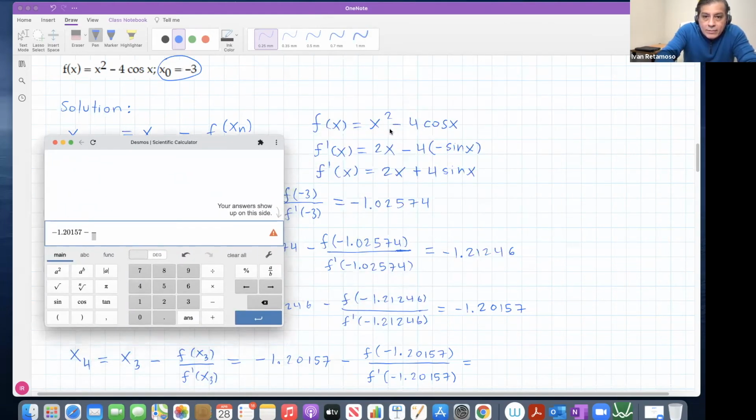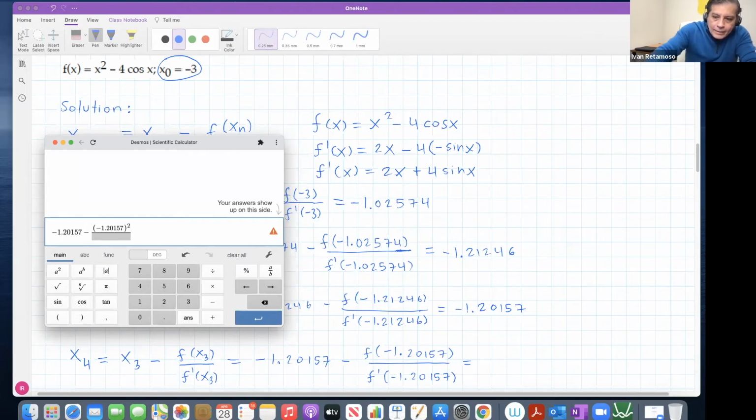The evaluation of the function is this: negative 1.20157 squared minus 4 times cosine of negative 1.20157. This is the numerator, and on the denominator you have to write